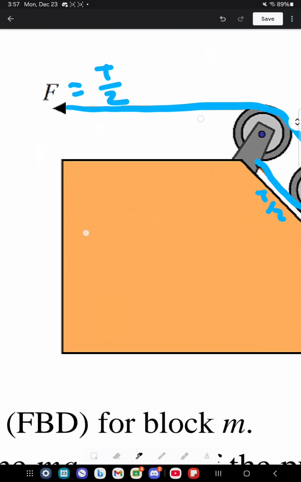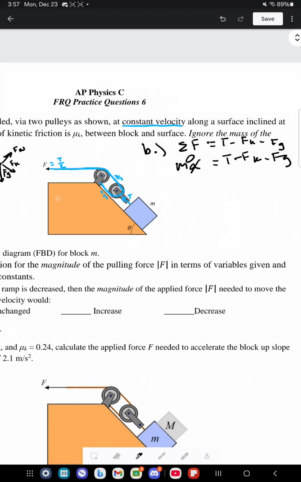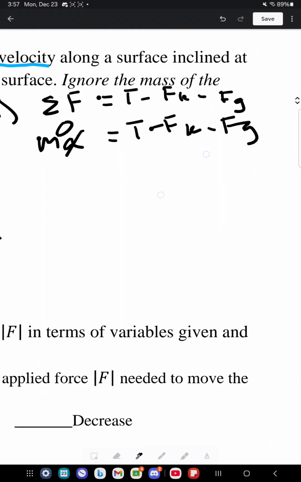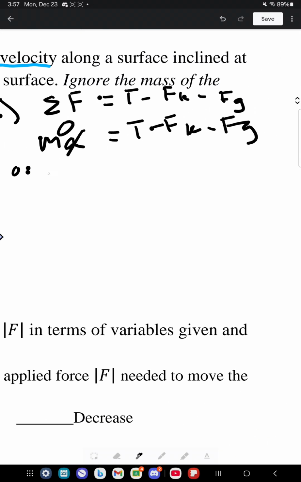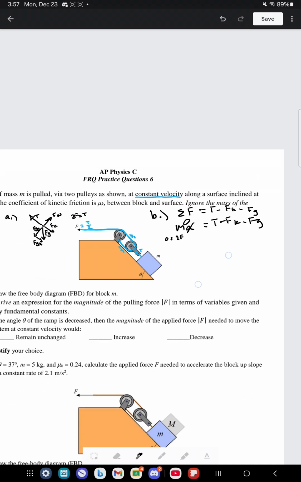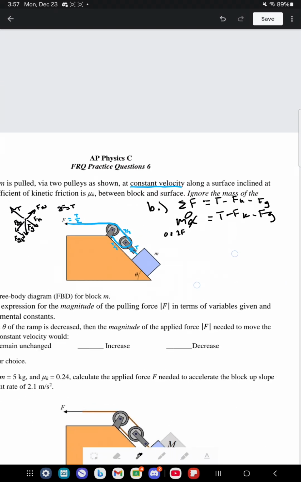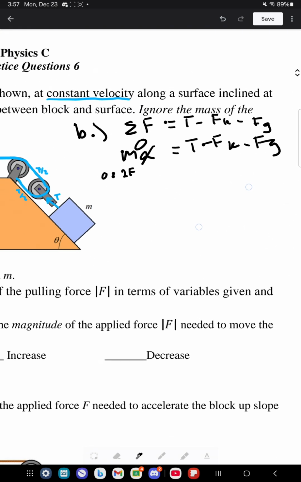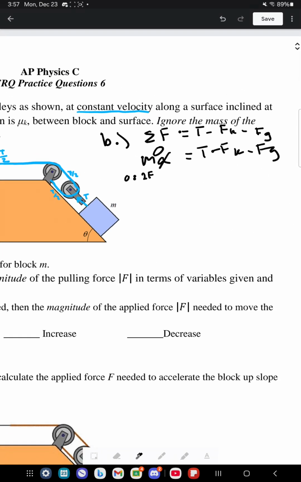We know that F equals T over 2, and if we multiply 2 over, 2F equals T. So I'm going to substitute that in for T. 2F, and let's see, F of K equals to,